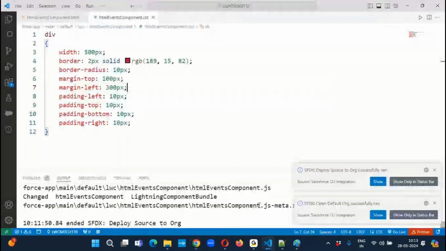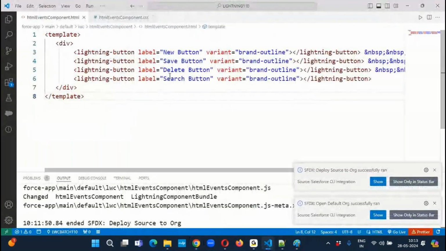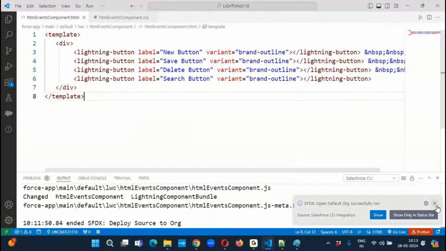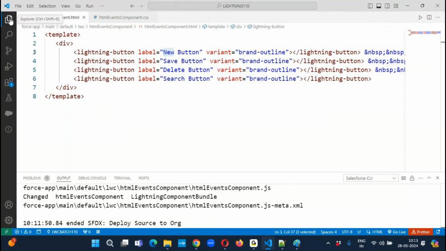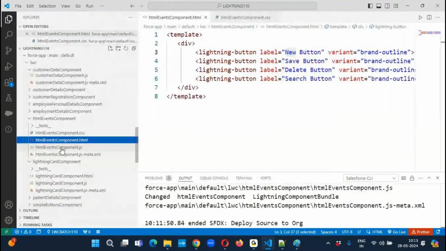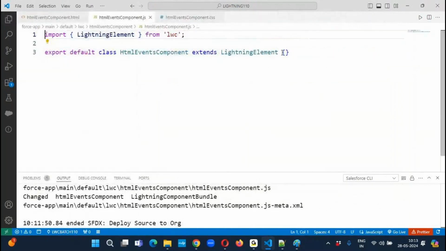Now, upon click on this button control, I want to perform some operations. That operation-related code we need to write. As soon as you click on this new button, I want to call a separate JavaScript function. So go to that controller file. This is the controller file. Go to the JavaScript class which has been prepared by the Lightning Web Component framework by default and prepare the function like